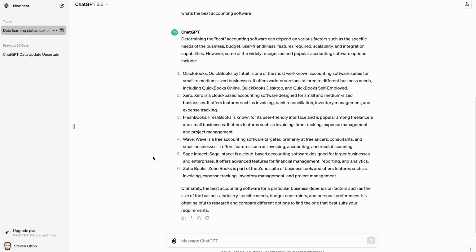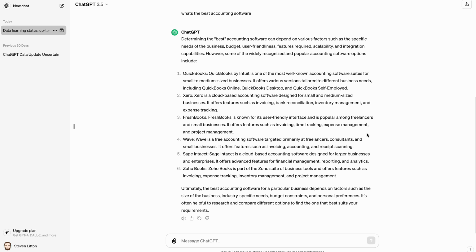And the thing to consider, if you're asking questions about fields that are rapidly evolving, so anything in digital development, anything along those lines, the odds are it could be giving you answers that are pretty out of date now, because 2 years is a long time in those kinds of fields. Like I say, I know a lot of people that use ChatGPT and they have no knowledge of this actually not being updated all the time. They just assume that it's the same as using a search engine and everything's going to be up to date, where obviously it's not. So it's just something to bear in mind.